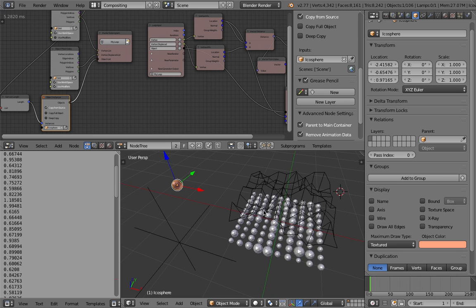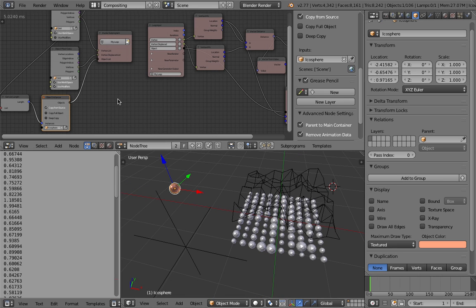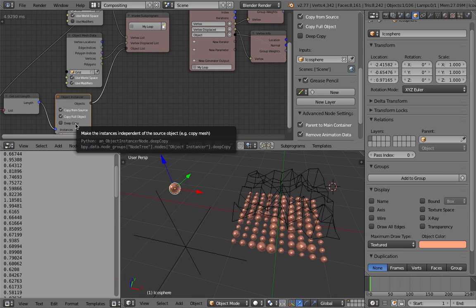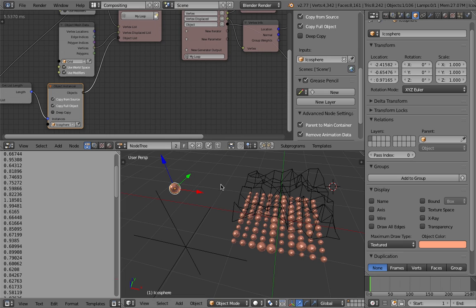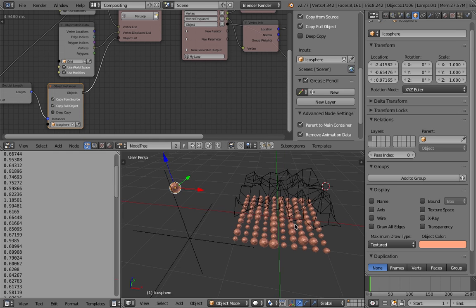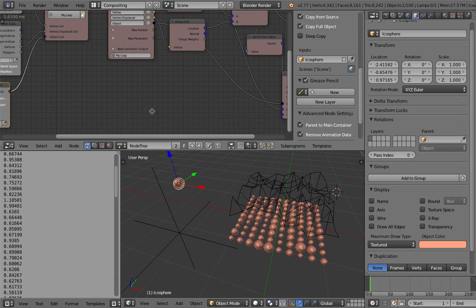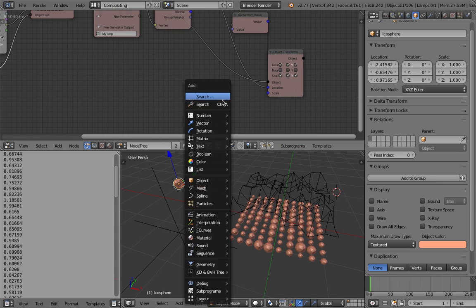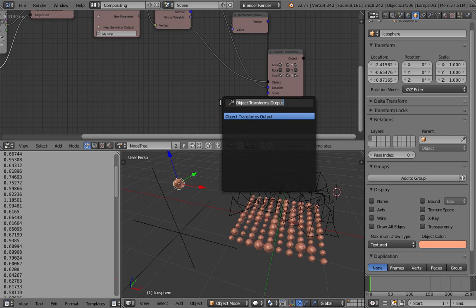Yeah, it's not changing my copy because I need to turn on copy full objects. Maybe deep copy. Oh, I don't need deep copy, I guess. So in order to drive the color of each and every copy, we can do it using the attribute editor, the Attributes Output node.